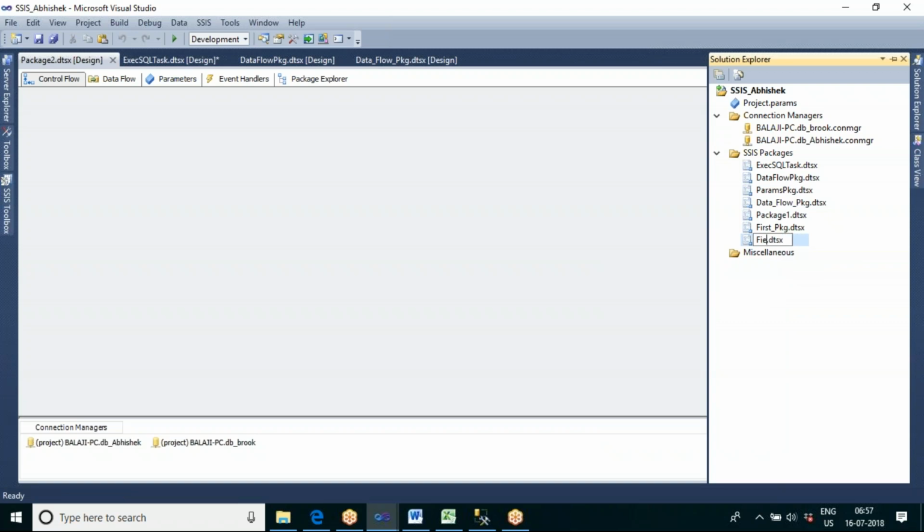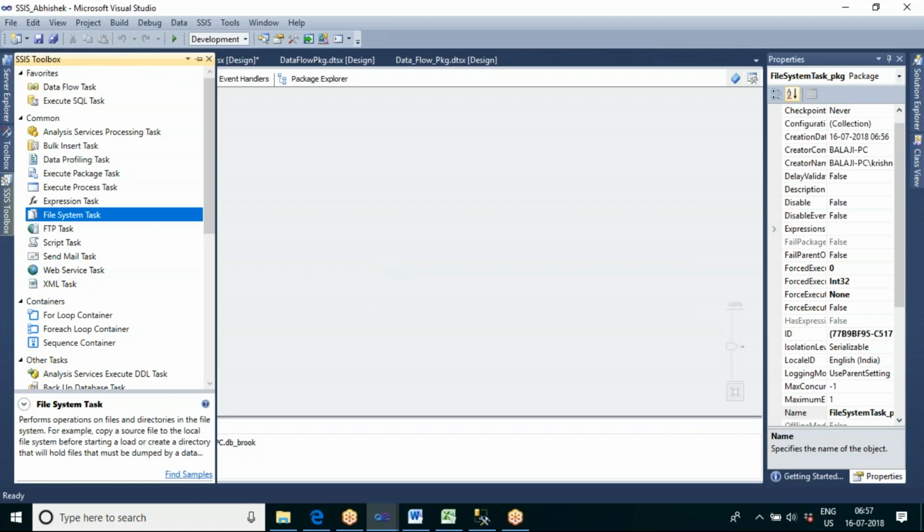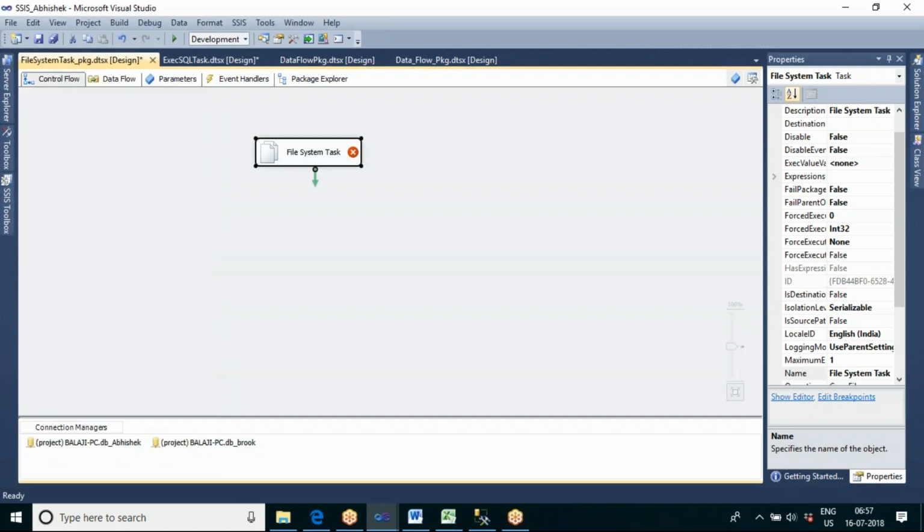Let me call it as file system task. Okay, now you can see, let us see what we can do in this file system task. Let me drag and drop this. So here,